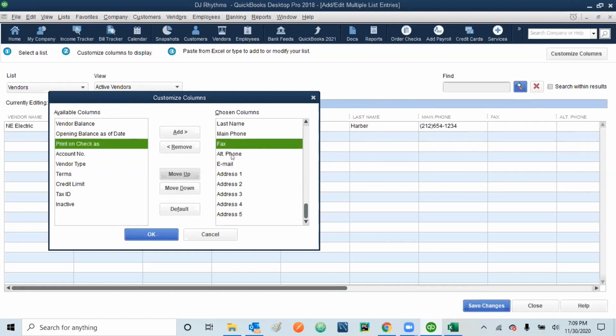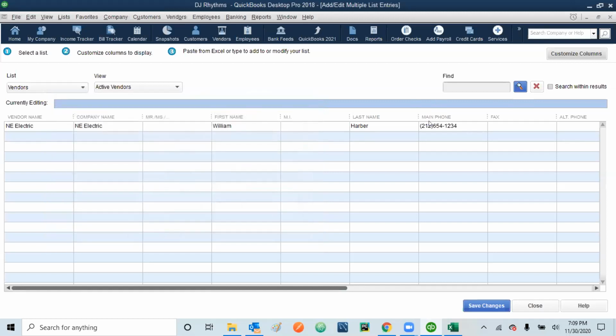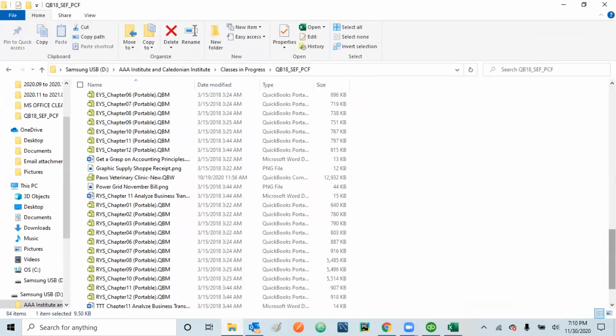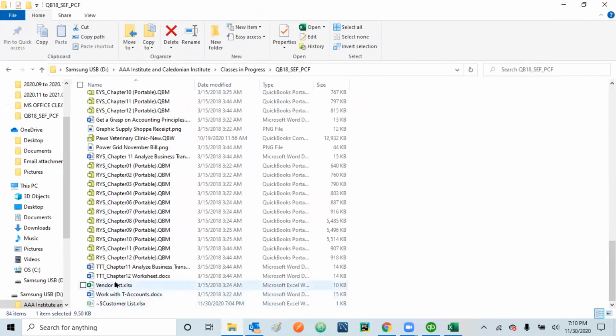Okay. Once I bring the things the way I want, I can just simply click OK, and then my things will be right. So now we are updating the vendors from the Excel sheet here. Very easy. The same way, go to your customer vendors Excel sheet, open it.